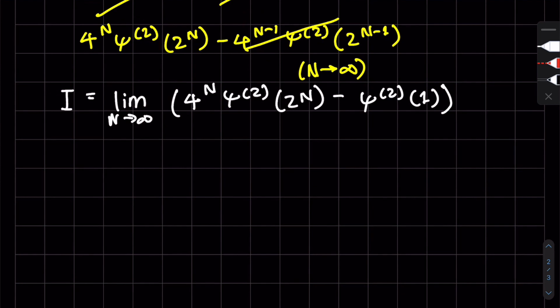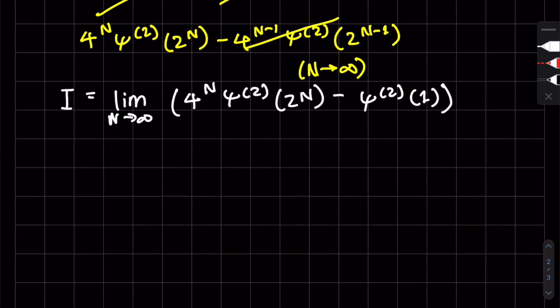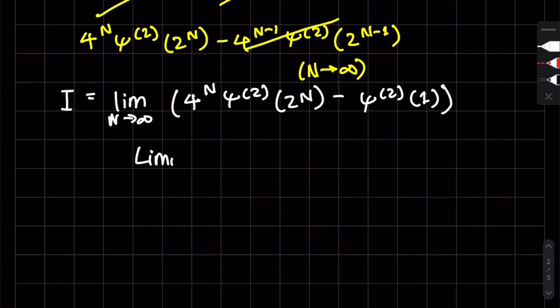That's fair. Well, this we can figure out. The polygamma of order 2 at 1 we can figure out. We can use some tables for the polygamma of order 2, or we can just look at the series representation for the digamma, and then we can basically just take the second derivative and work it out. We could totally do that, but I would say this limit is non-trivial. The limit is non-trivial because